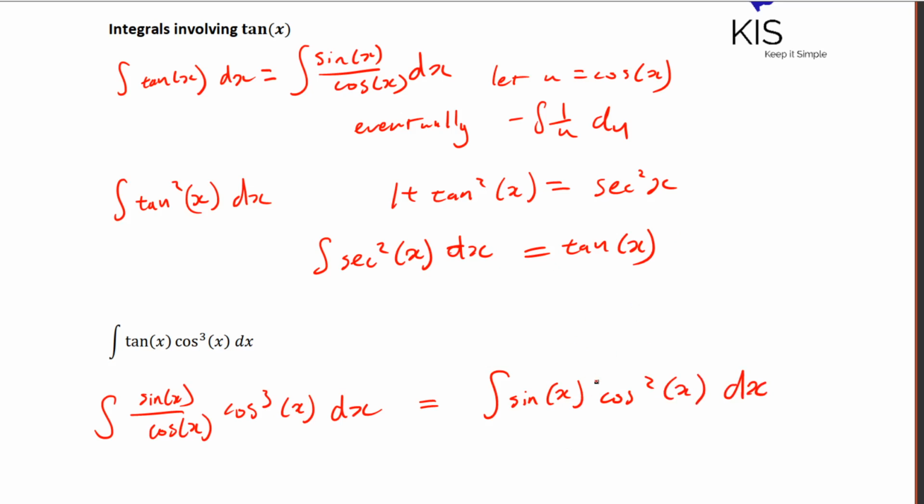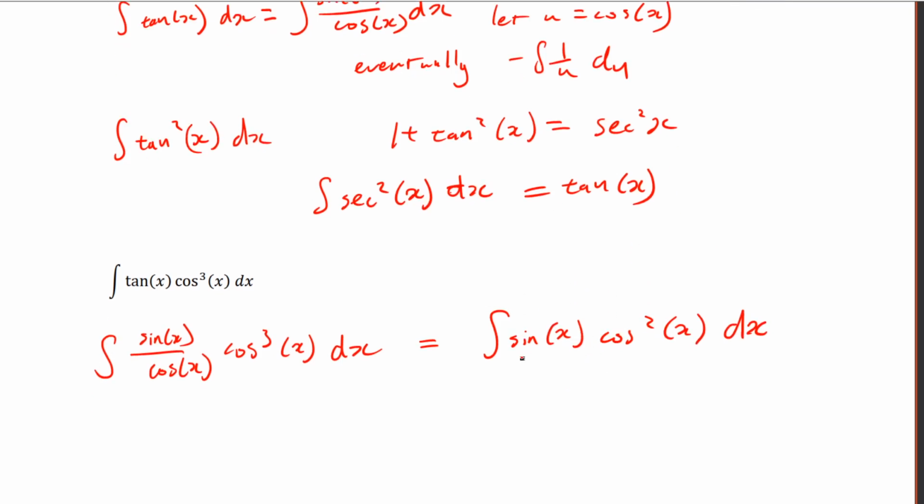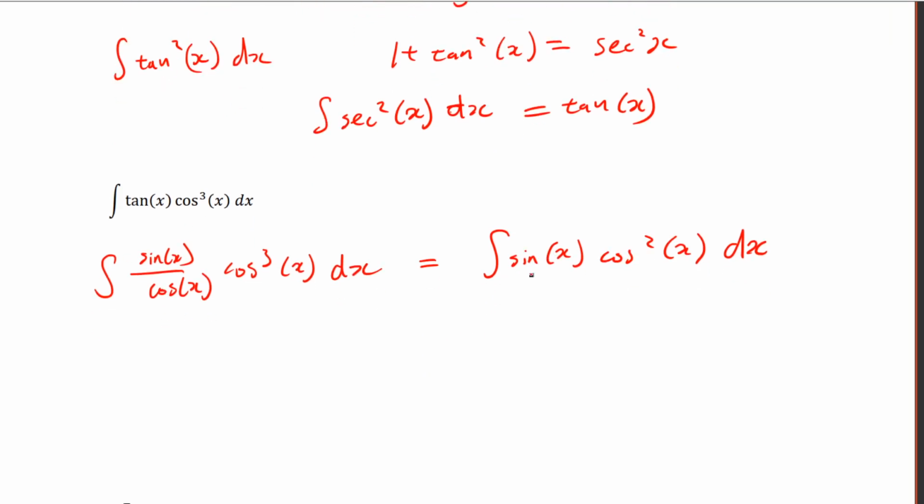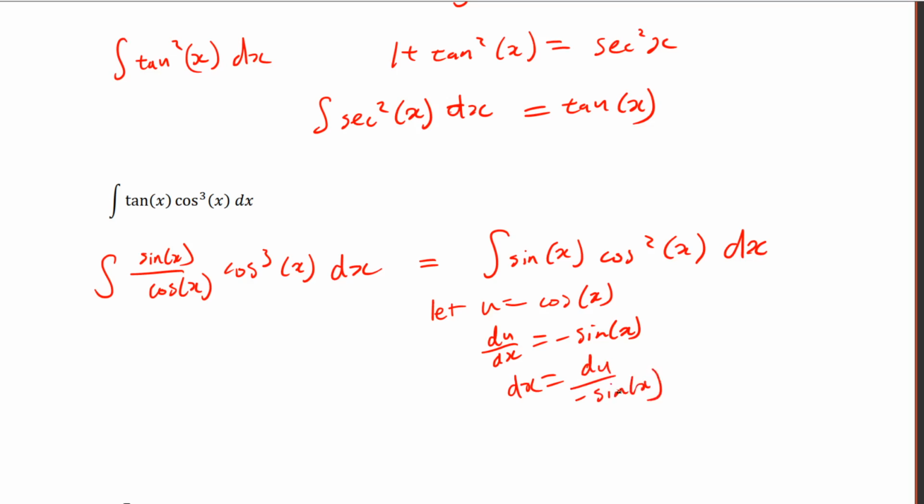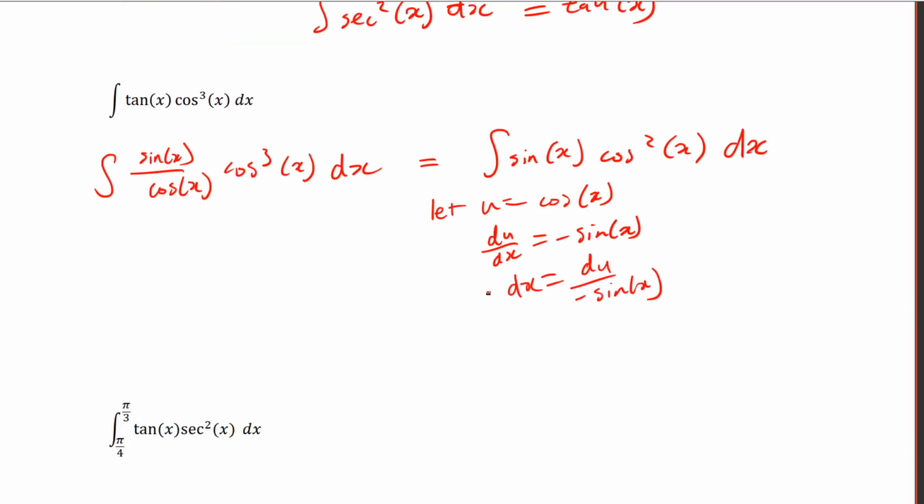And now if we look at this, this is a case 1, right? I have m equals 1, or the power of sine equals 1. So I just do a u substitution from here. Let u equal cos x, du dx equals minus sine x, so dx equals du on minus sine x. Then I'll write this integral as